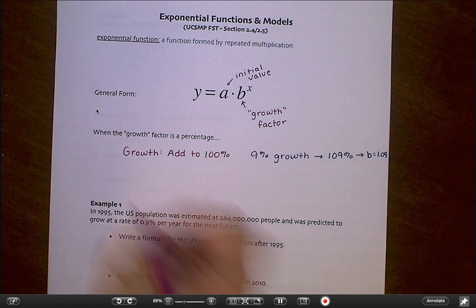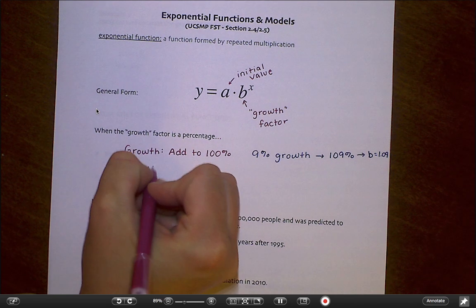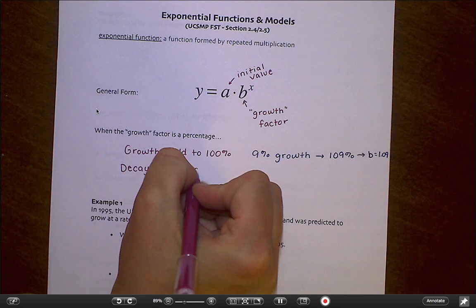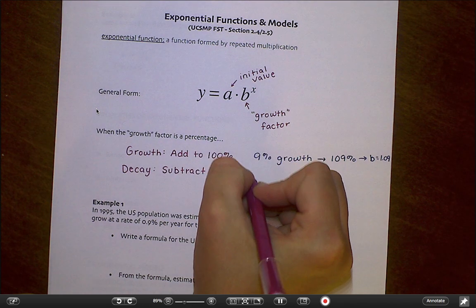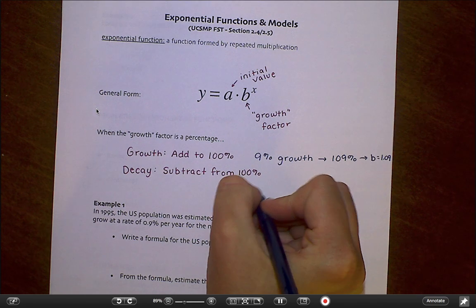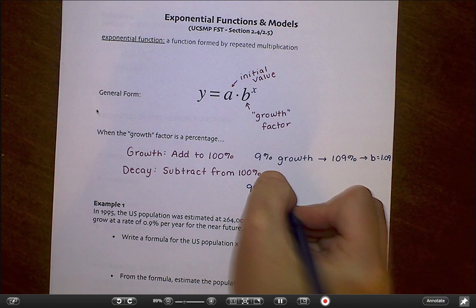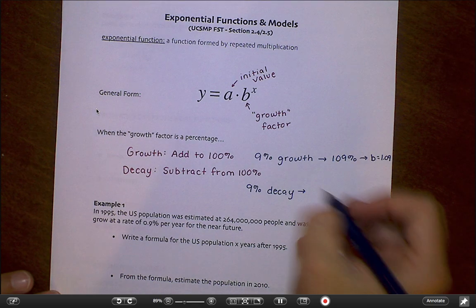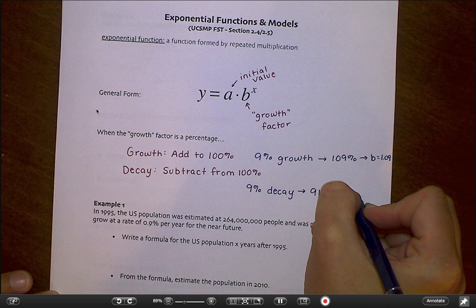If it's decay, we have to remember to subtract from 100%. So if I have 9% decay, I have to think about what percentage am I keeping. So if I'm losing 9%, that means that I'm keeping 91%, and I would make my B value